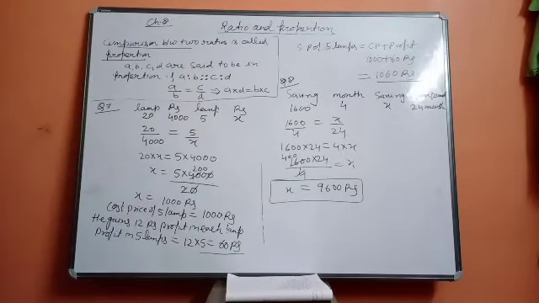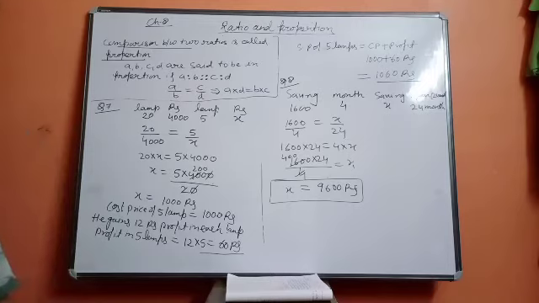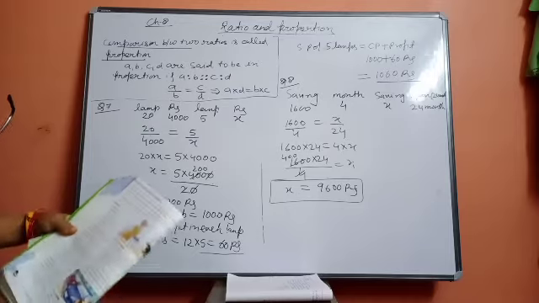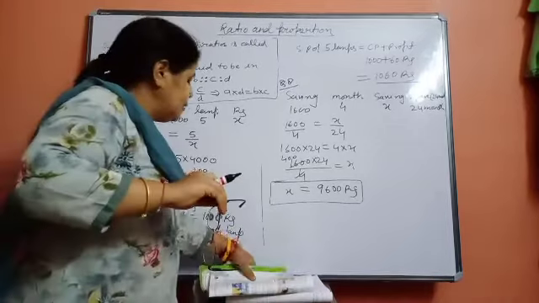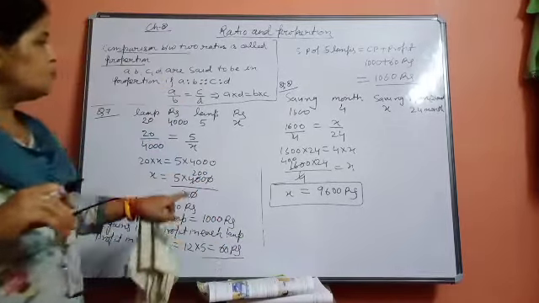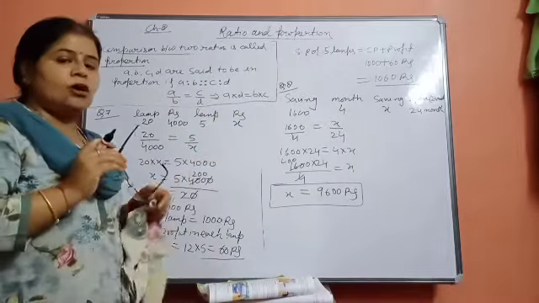So till question number 8 I have completed. Questions 9, 10 and 11 you will try yourself, and if you have doubts in these questions, you can ask me. Okay. I told you to complete only one exercise in this topic. 8 questions I have completed, and you just follow this ratio and proportion method, so you will not have any problem.